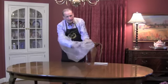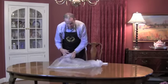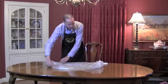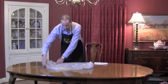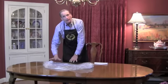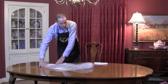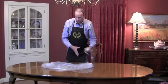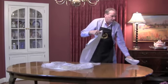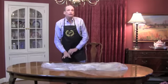And if you open the bag like that, see that double width of the bag will give you 2 layers of plastic to protect the table and still be light enough weight that it's not going to really interfere with your decor. And you'll see what I mean as we proceed a little bit here. But I'm just going to use 2 bags kind of end to end. As soon as you have your area protected in the middle of the table, then you're ready to start adding